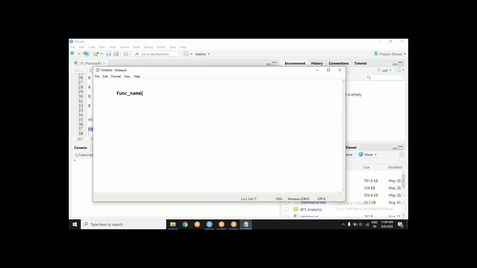Okay, got it? This parenthesis is always part of a function. It means function. Then I give some argument, argument 1, maybe there can be multiple arguments, argument 2, bracket close. So what will happen? The parenthesis will take these two arguments and feed them to this function, and this function will do what it does. So this is going to be the syntax throughout.